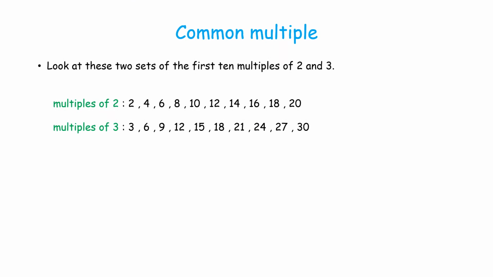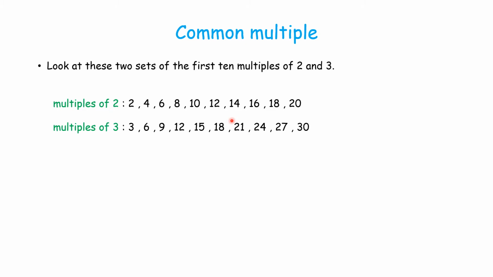Common multiples. Okay, how do we write common multiples? Now look at these two numbers. Here the multiples of 2 are written. These are all multiples of 2. First 10 multiples are written here because it can go on further. If I multiply 2 with 12, we'll get 24 here, with 11 we get 22, and it will go on up to infinity. And here the first 10 multiples of 3 are written. So there are infinite multiples of a given number.